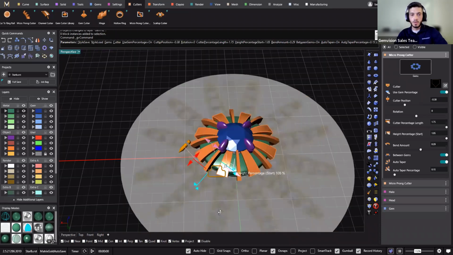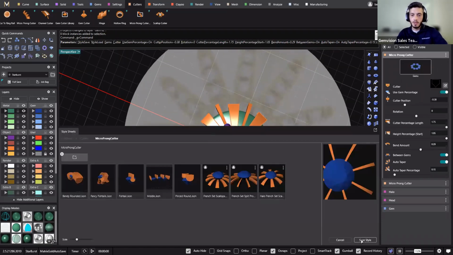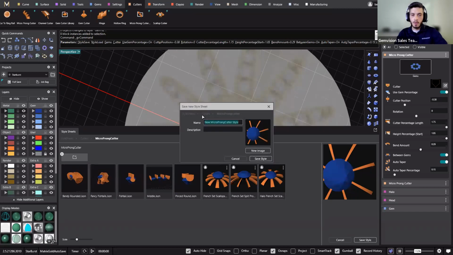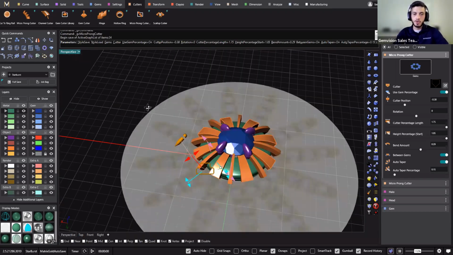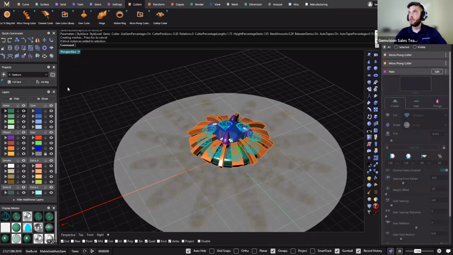Right, and once we're done, again, we can save style. And what this will be Halo French set split prong, save, and enter. And then the last cutter we need